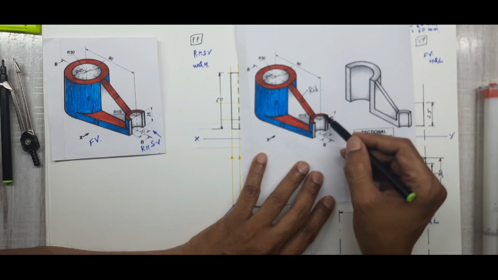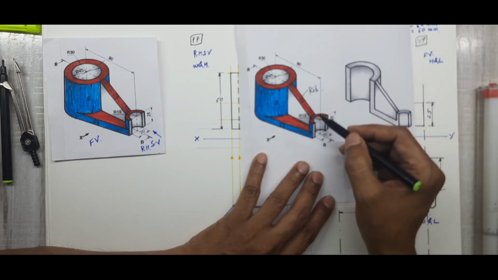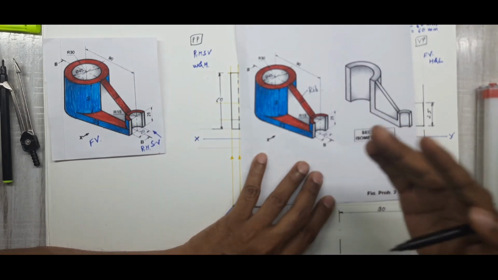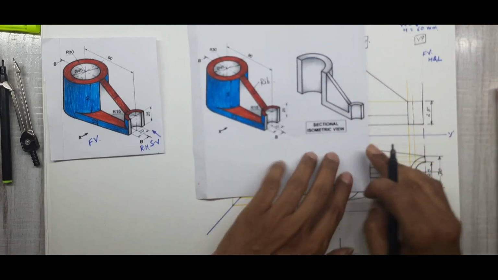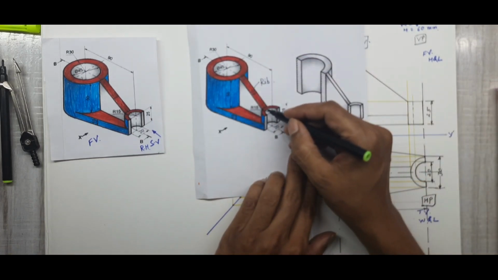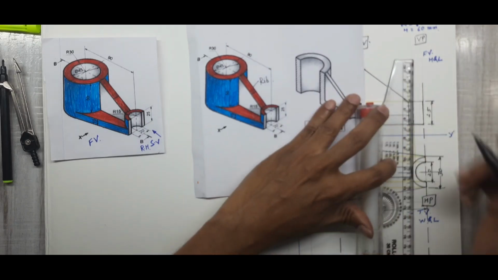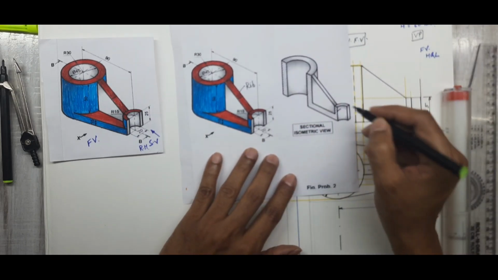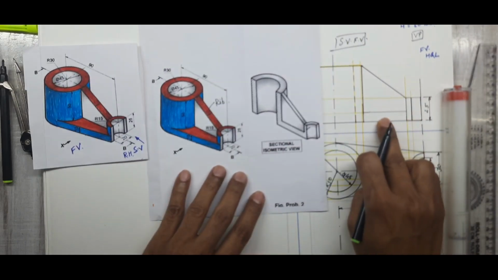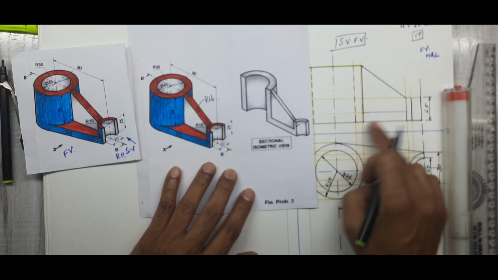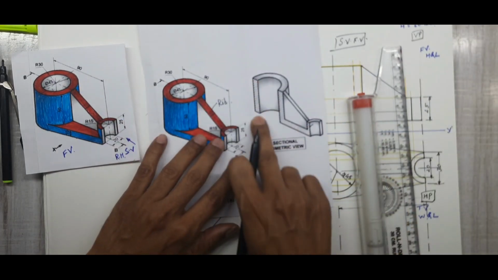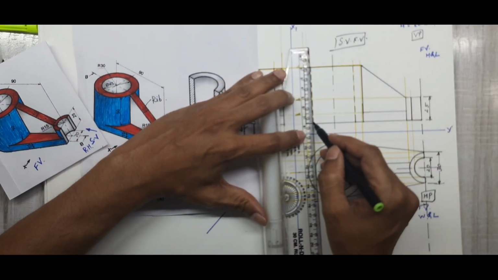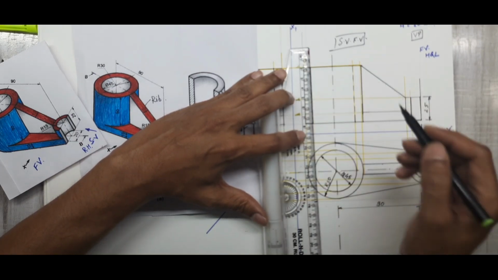Then again I'll come to this semicircle part. In the semicircle, up to this there is a knife edge, it will cut. So there it will be cut, the knife will touch here. So what happens there, when you cut it here, up to here this part is hollow and remains as it is, but the portion which gets cut, this one, I have to make it a continuous one. This solid plate will cut, means again hatching will come. These edges we can see as continuous when you cut it. It means that the dotted line which you have drawn is converted into a continuous one.